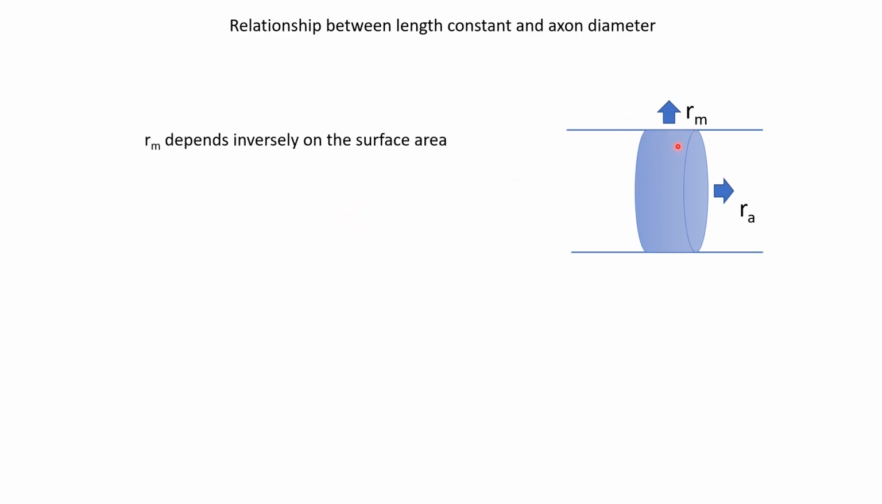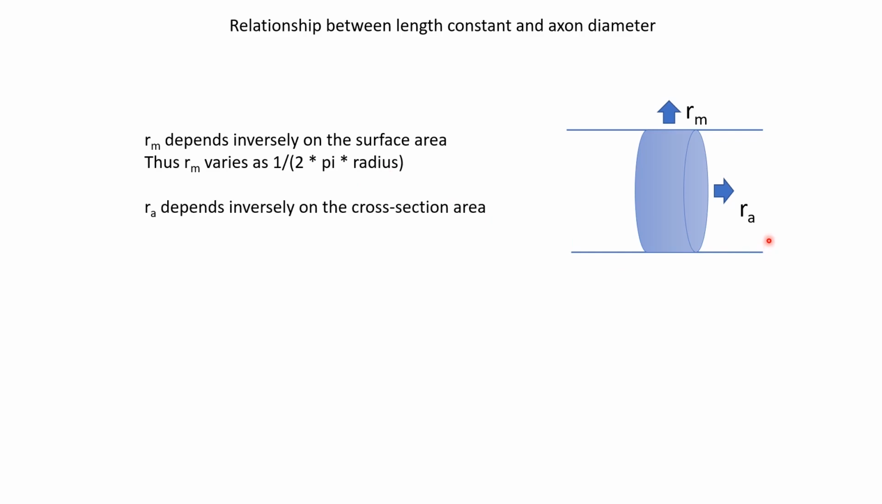So Rm is the membrane resistance. The current is flowing from inside to outside the axon, and this is the surface area that the current is crossing. So as this surface area increases, the membrane resistance would go down, and the surface area here is 2 pi r, 2 pi radius, times the length. So Rm varies as 1 over 2 pi radius,